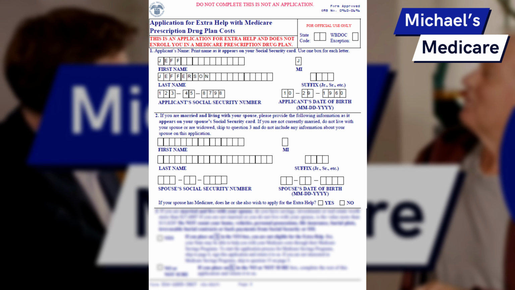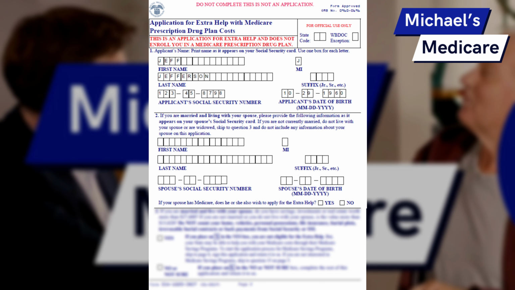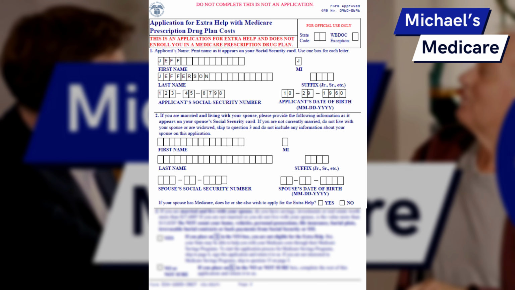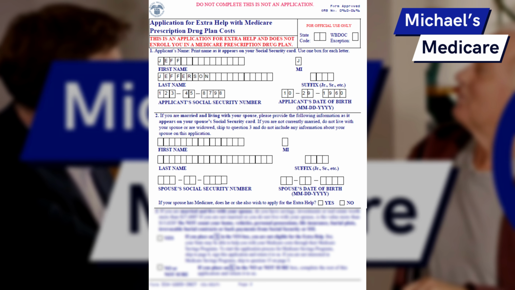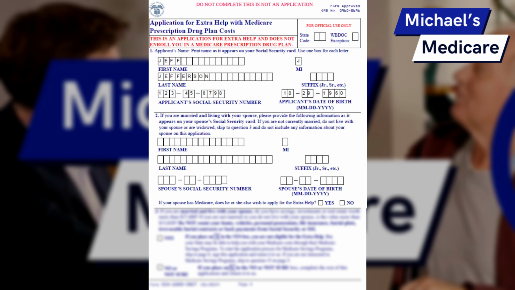Now, next question, number 2. If you are married and living with your spouse, please provide the following information as it appears on your spouse's Social Security card. If you are not currently married, do not live with your spouse, or are widowed, skip to number 3, and do not include any information about your spouse on this application. So Jeff J. Jefferson is going to be single for the purposes of this example, so we're going to leave